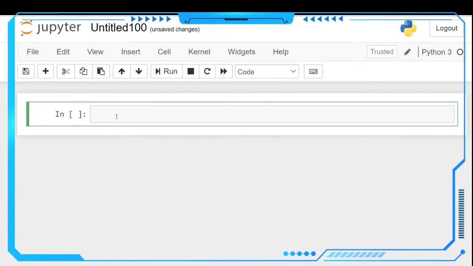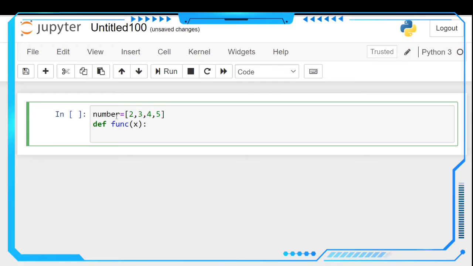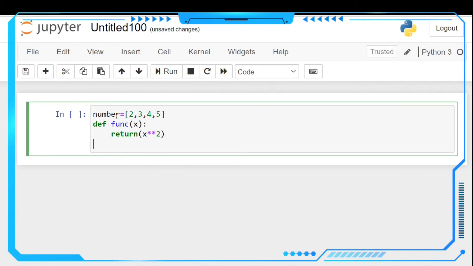First of all, we have to define a variable with iterables, like numbers equals a list: 2, 3, 4, 5. After defining the list, we define a function, func of x, which returns the square of this number, x double star 2, which gives the power of the given number. Then we store the result in a result list.